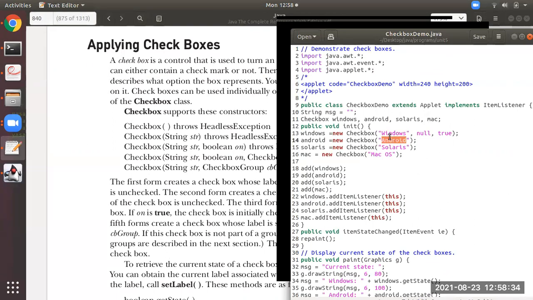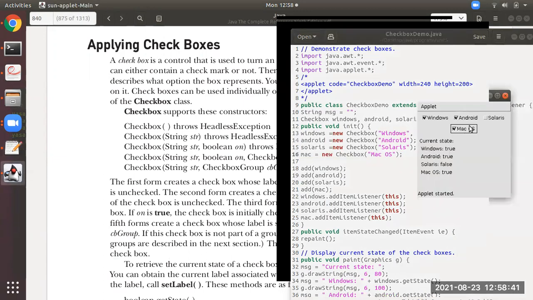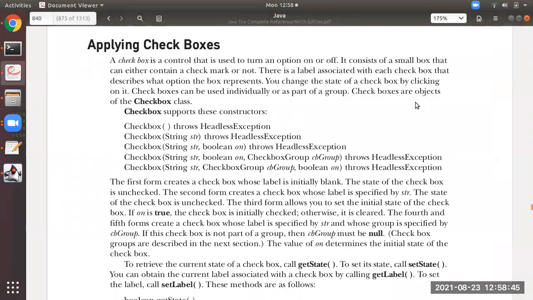This is the label. With this we are able to see what kind of checkboxes these are. This checkbox is for Android, this is for Solaris, this is for macOS. You can change the state of the checkbox by clicking on it, as I have shown you just now.